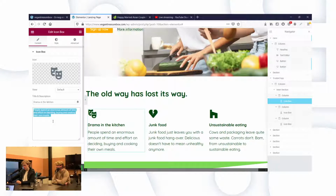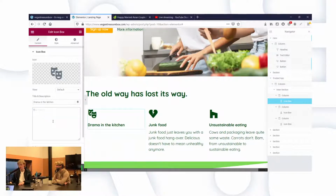What if we instead say screams, shouting, and... Exactly, that's what I was thinking as well. Don't make the kitchen into a soap opera. Food shouldn't be a soap opera topic. It should be simple, easy. From screaming in the kitchen to...